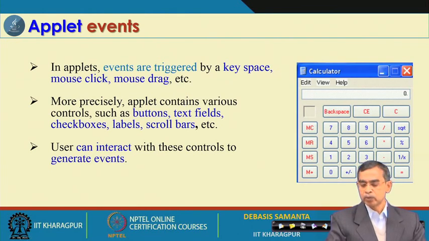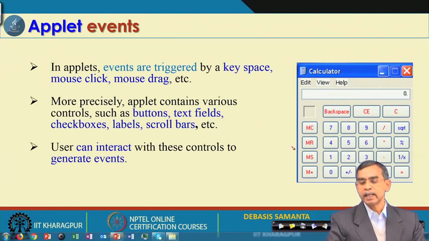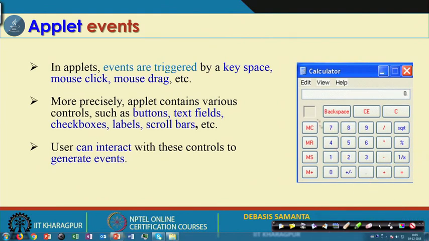Let us have a quick look at this image here, and we see this is basically an applet. And actually if you see carefully, this kind of applet you see on your mobile or wherever, and this basically is a calculator program. That means we can click 7 and then 8, then plus, then 1, 2. So, this means that the result will be there. So, here you see the click, I said the click. So, mouse click 7 and 8.